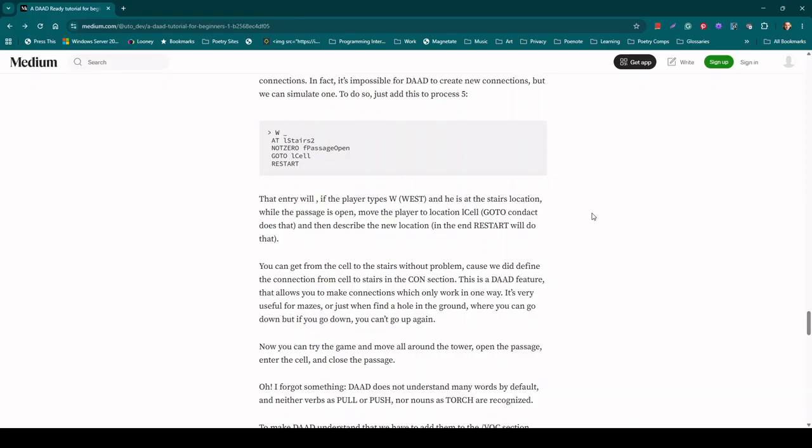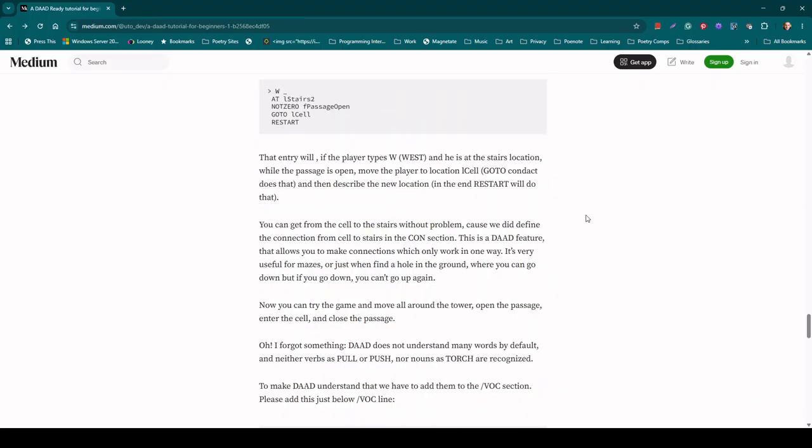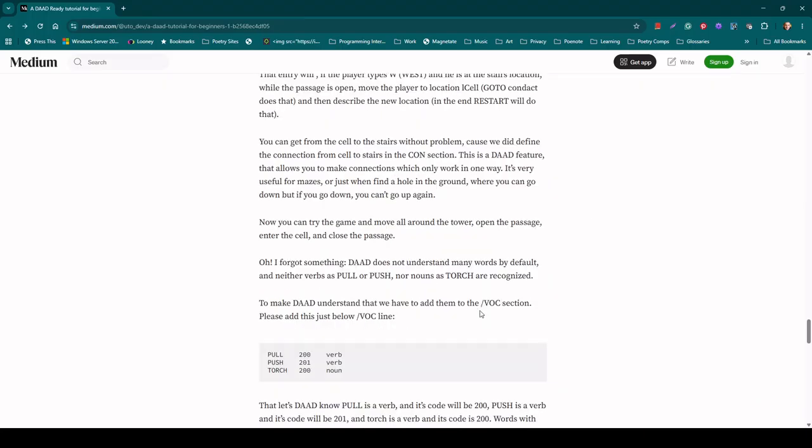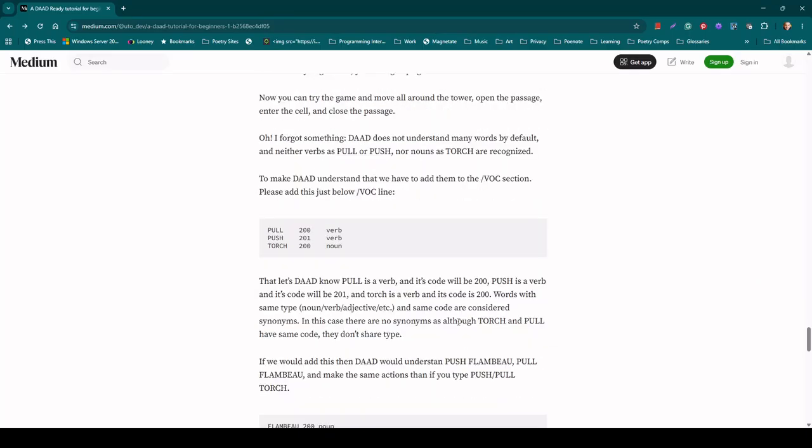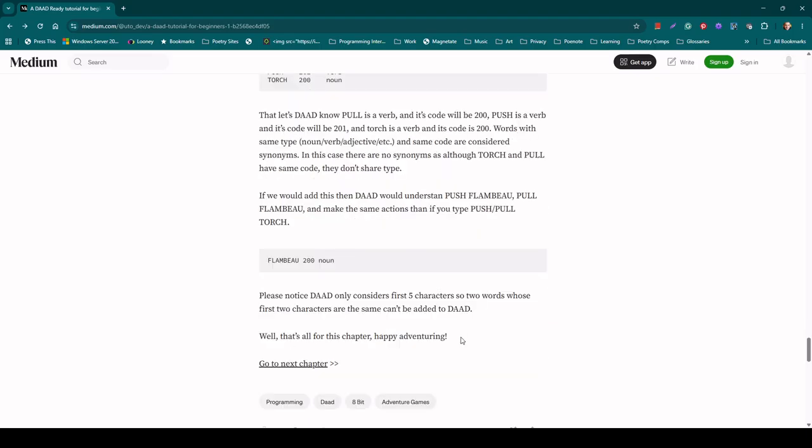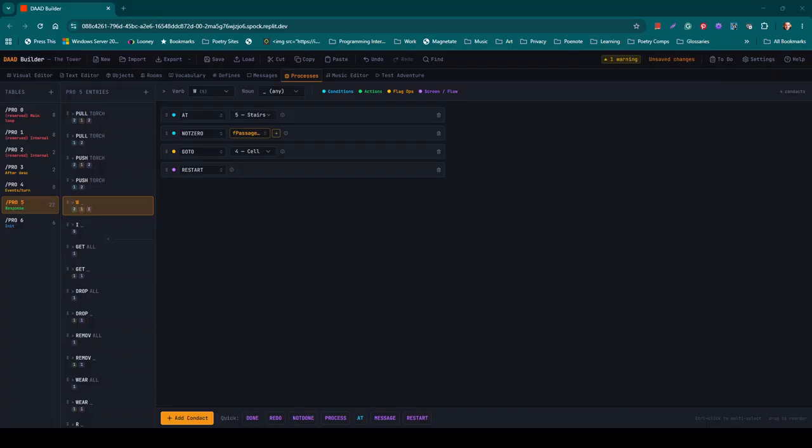So the final stages in that page of the tutorial, if we go down, it's about adding the vocabulary which we've already done earlier on in the game. In fact, in our case, we have to add that vocabulary before we can use it in the process builder. So that's it for this chapter. Let's go back over to DAAD Builder and have a look at what we've built so far and test that adventure and see if it's working. So we'll go across to test adventure,